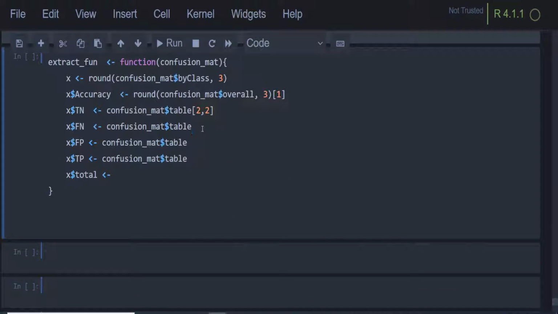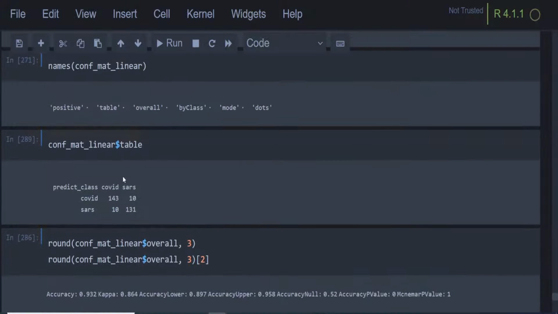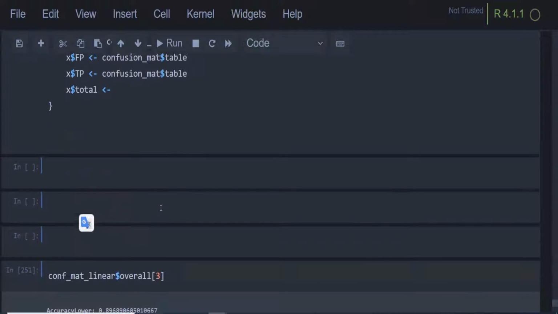So the false negative value would be this one, this 10, which means 2 1. The row is the second position, and the column is at the first position. So that means it's 2 1. So that's our